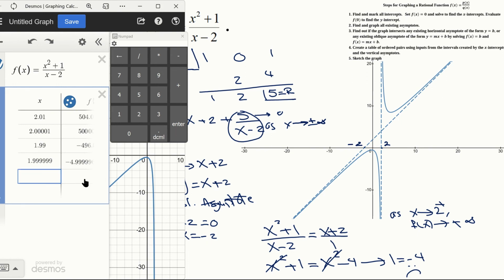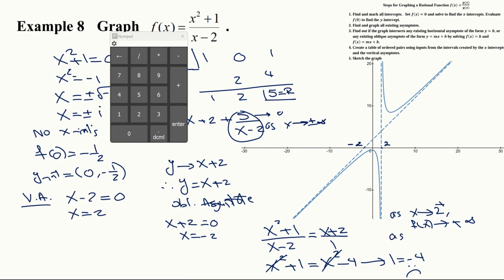Notice then it becomes quite large, it gets even larger as a number on the left side of 2. So we say as x approaches 2 from the left, f of x approaches negative infinity. Okay, so that would be a way for you to see the behavior of your function really close to an